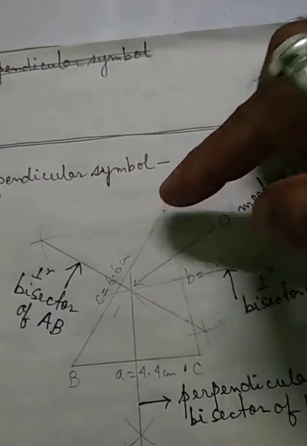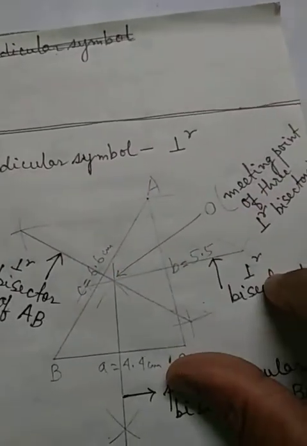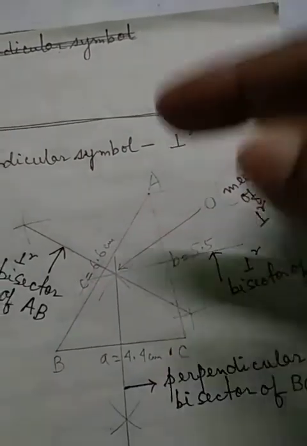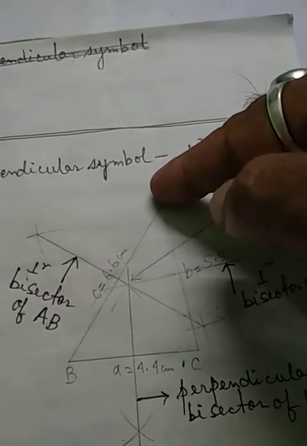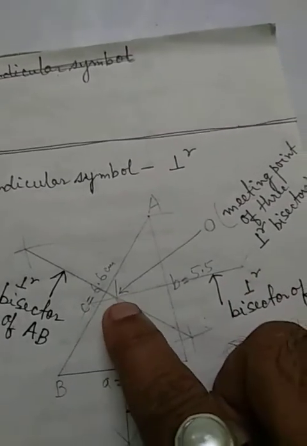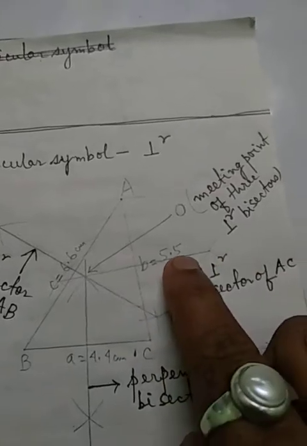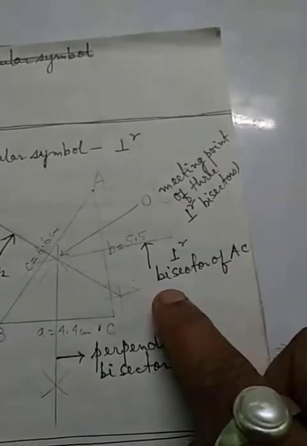And the same work from the vertex A. So once from the vertex C, left and right of the line. Keeping the same arc, now go to the vertex A. You cut. And if I cut, you see, children, I am getting these 2 points. These 2 points, when joined, will give me the bisector of AC.